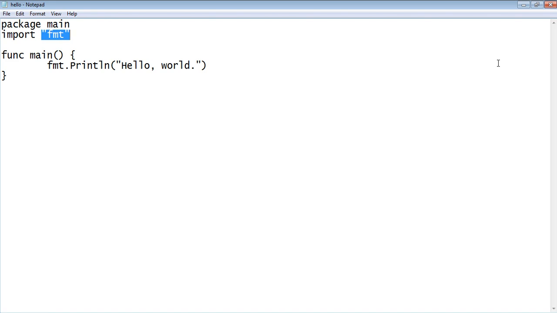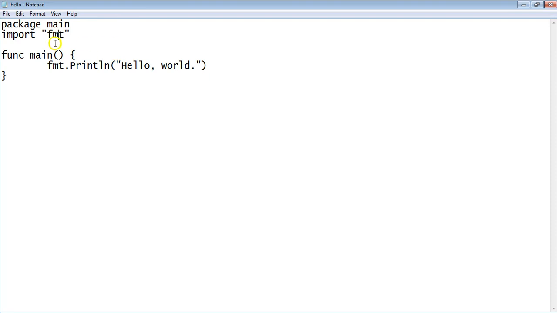It is something like iostream.h in C++, which takes care of cin and cout, or stdio.h in C language, which takes care of scanf and printf. So this fmt is going to format the output. That is, the output statement here is println, which is the basic output statement in Golang. So that takes care of println, and that is the very reason we need to import this fmt here.